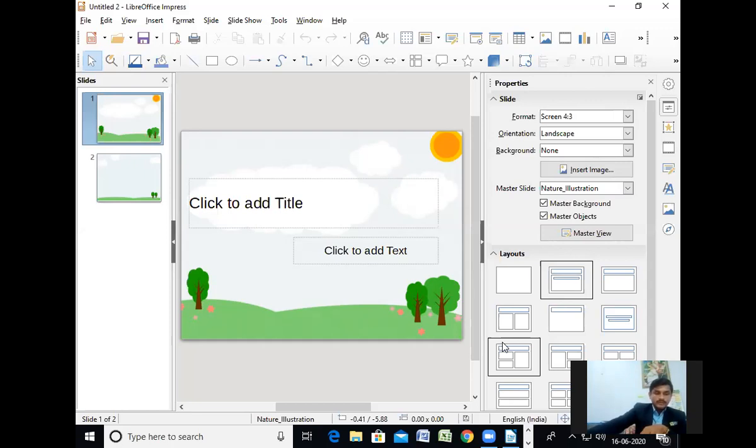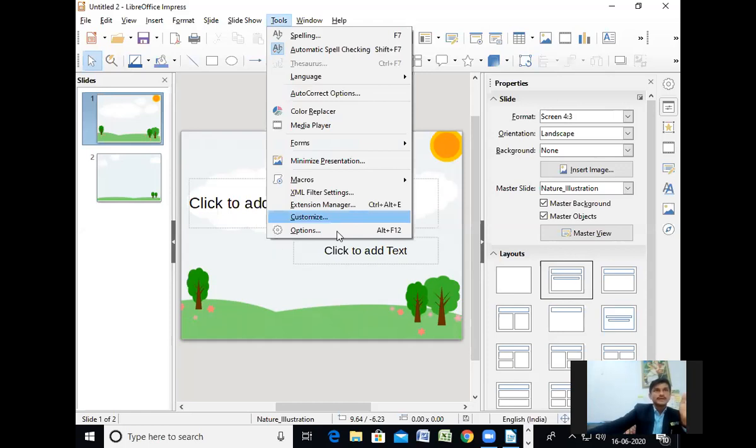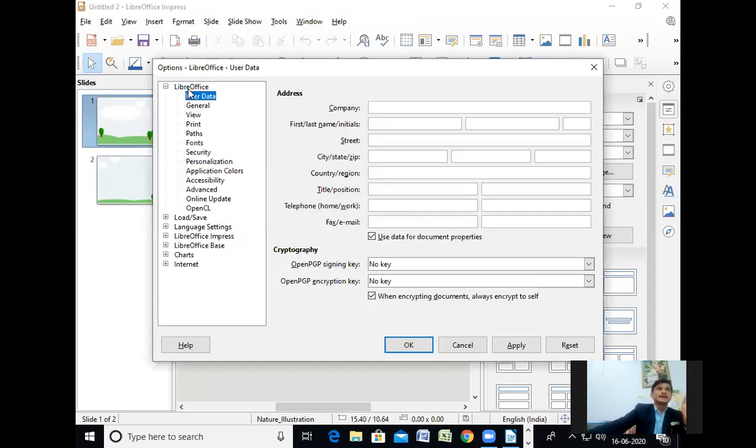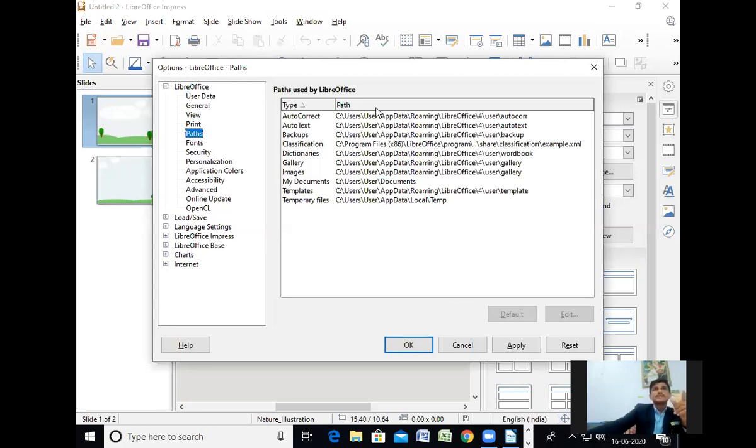First, printer settings, then general, view, and so on, set tools by path, and menu and tool customizers. These are options we can use in this. See, first we have to go to Tools, select Options. I will show you. Then we can select from here. See, some options are here. Path. See, from where you can get the templates. We will get here some paths.